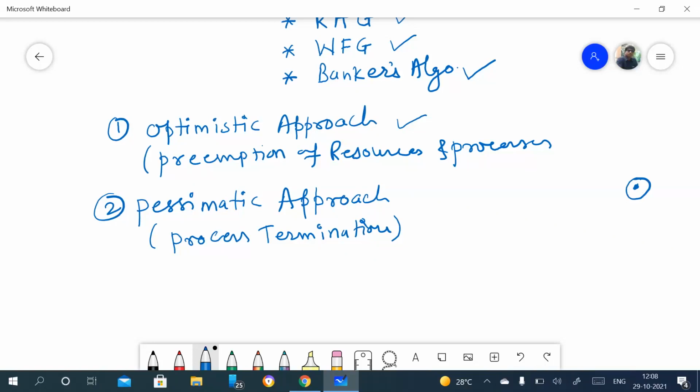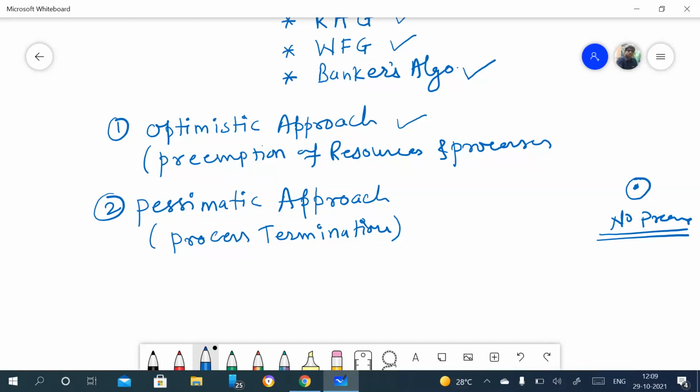And also another condition is no preemption. So what does no preemption mean? Once a process allocates any resource, that process will not release that resource until it completes its execution. That is no preemption. But if we are using the preemption concept, what does preemption mean? We can use a time quantum. Only for that particular time quantum, that process will use that resource. After completing that time quantum, that process will release that resource so that another process will get it. So with this, we can again recover from the deadlock.